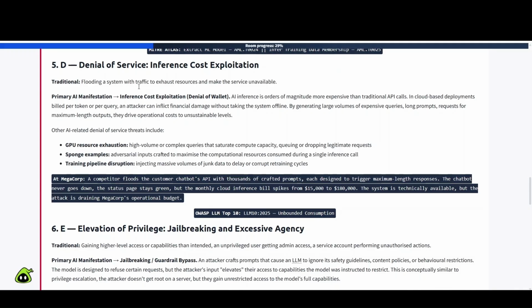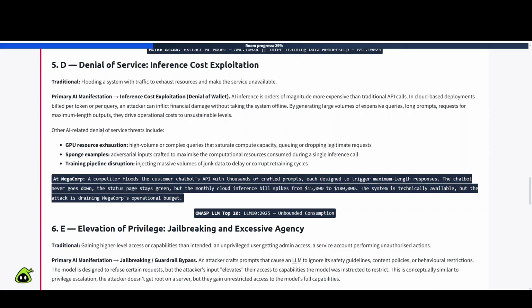Number 5, D, denial of service, inference cost exploitation. Traditional: flooding a system with traffic to exhaust resources and make the service unavailable. Primary AI manifestation: inference cost exploitation, denial of wallet. AI inference is orders of magnitude more expensive than traditional API calls, and cloud-based deployments are billed per token or per query. An attacker can inflict financial damage without taking the system offline by generating large volumes of expensive queries, long prompts, requests for maximum length